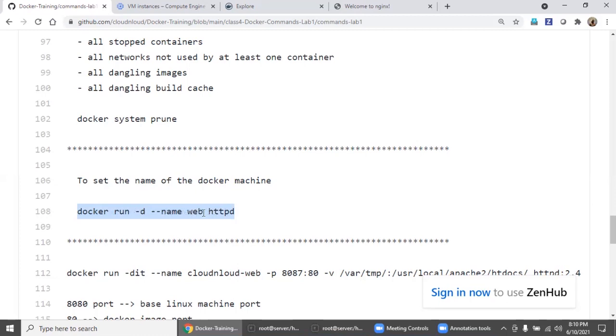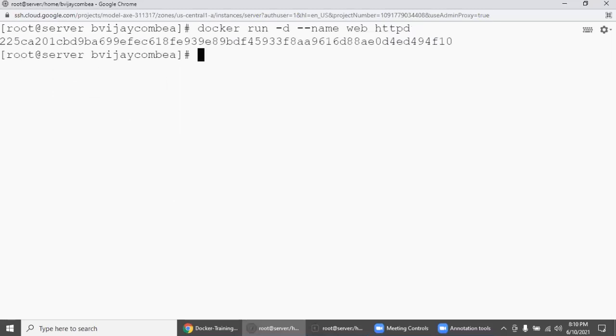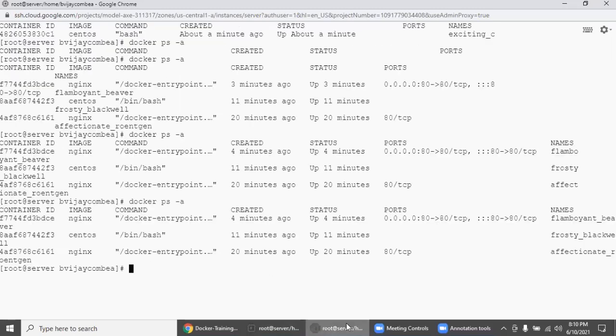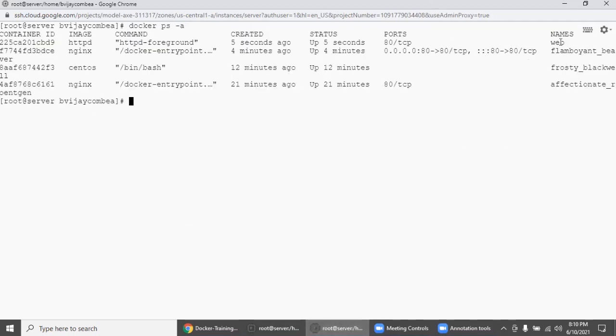You define your name. Copy this, go here, and I am going to execute it. Now you can use this name to log in directly, because you already tagged it. This name we won't forget, but the random junk names we cannot always keep in mind.